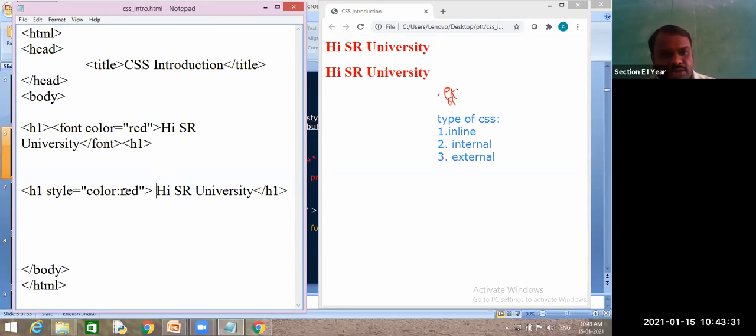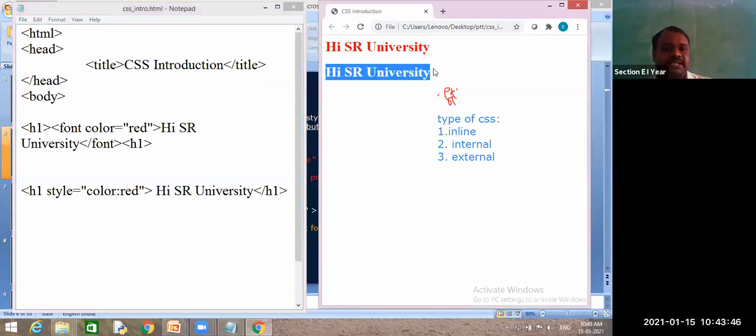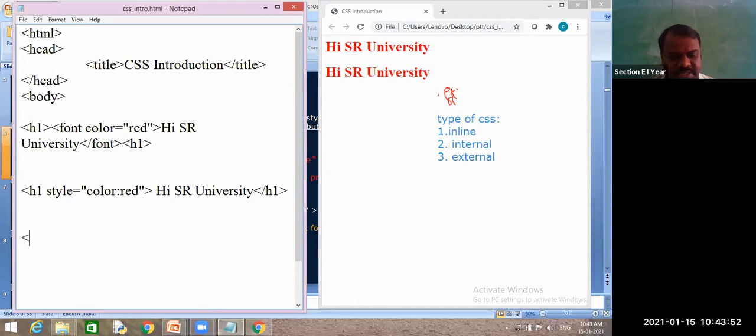So you understand how to write when you want to write one property. Next, another I am writing. I want to add background color. I want to change this background color to some other color, means green color, blue color, like that. So see how to write this one.